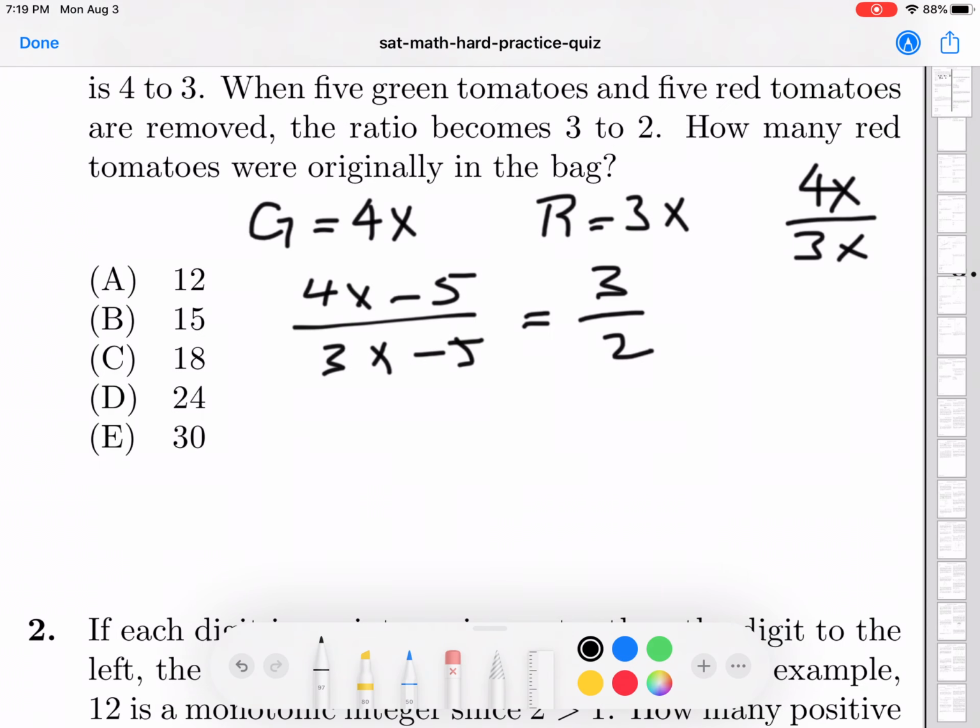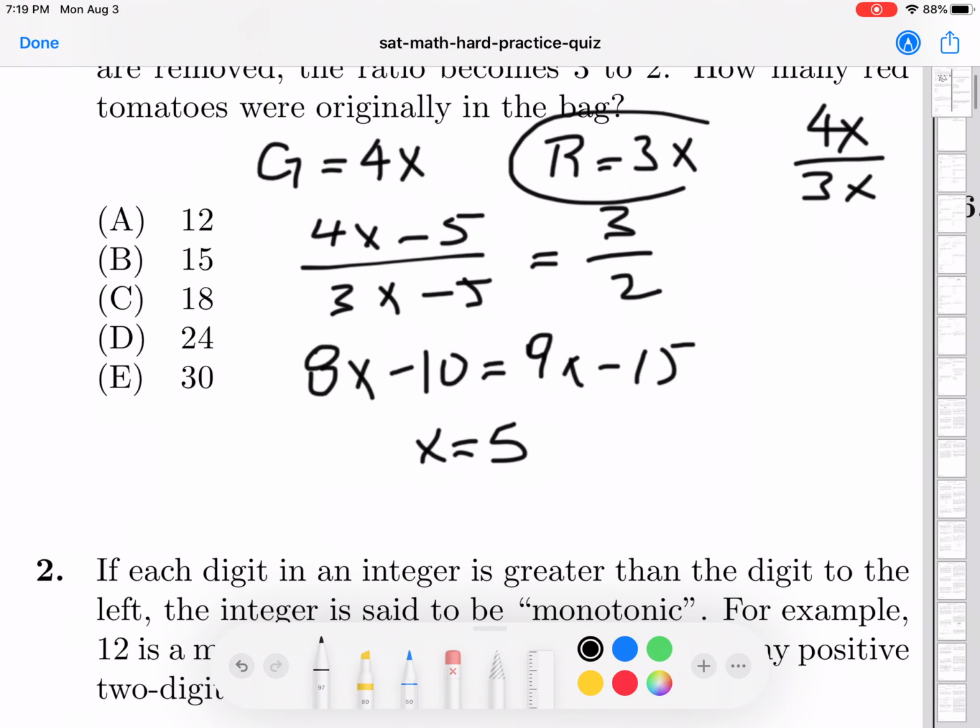So now we can just cross multiply this, solve for x, and then plug that back in to the number of red tomatoes. There are 15